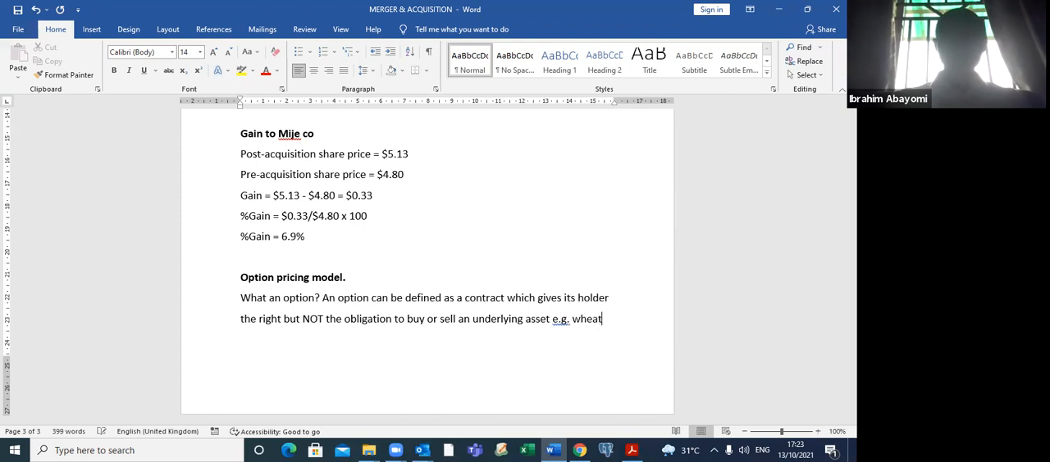wheat, rice, shares, bonds, etc. It gives its owner the what? The right, but not the obligation to buy or sell an underlying asset